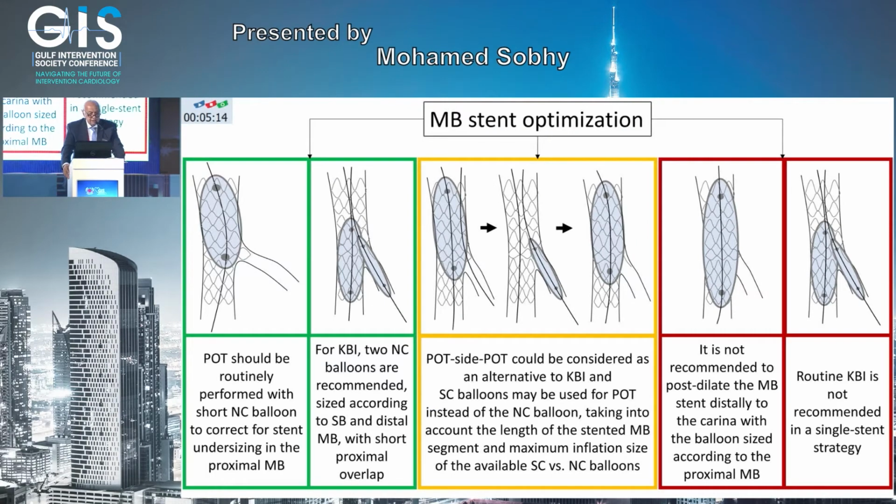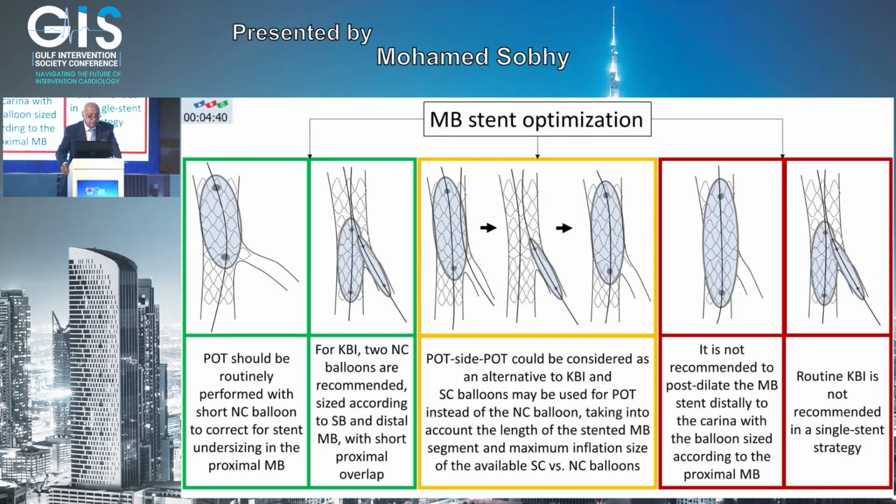This is the example. POT should be routinely performed with a short non-compliant balloon to correct for stent undersizing in the proximal main branch. For kissing, 2 non-compliant balloons are recommended, sized according to the side branch and distal main branch, with a short proximal overlap. As you can see here, short proximal overlap. POT, side, POT, doing POT in the main branch, could be considered as an alternative to final kissing. And you can use a semi-compliant balloon for POT instead of non-compliant, if you can make it for POT, side